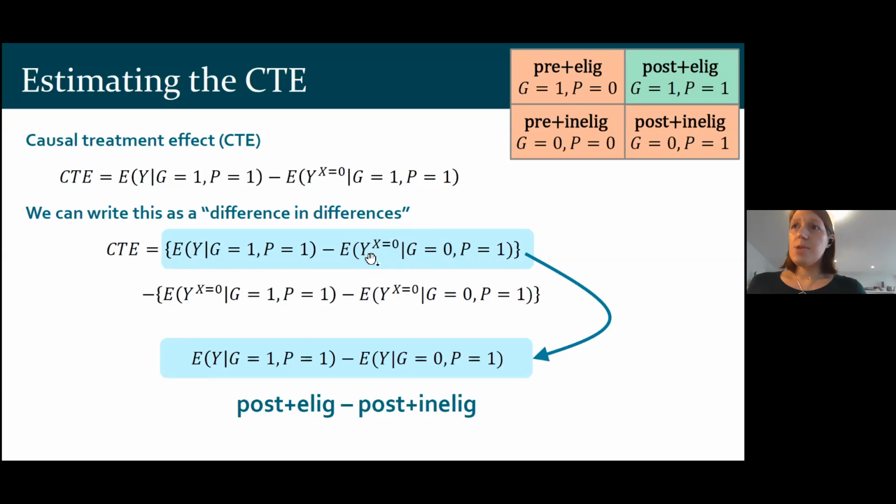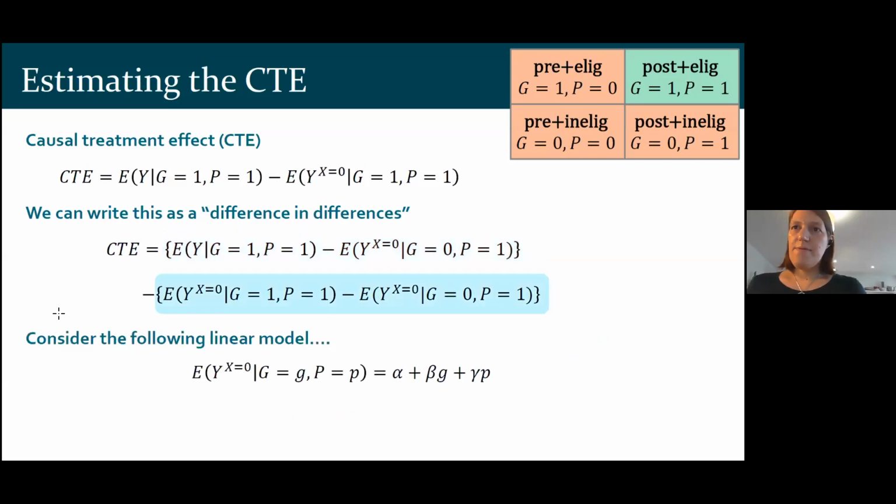They were none of those people receiving the treatment. So again, this expectation of the counterfactual outcome can be written as an expectation of the observed outcomes. So that's how we deal with that first difference there. The second difference